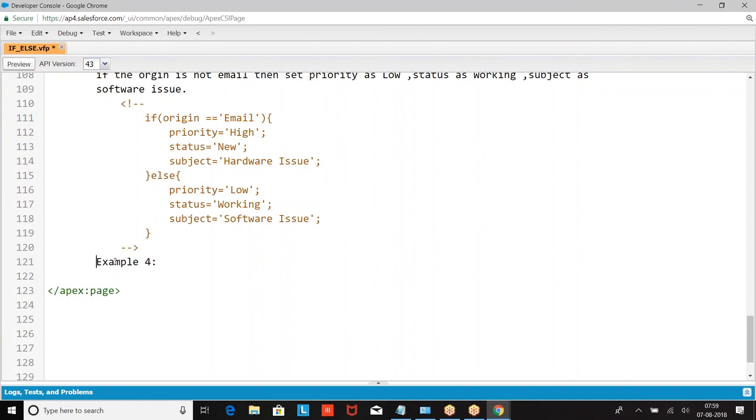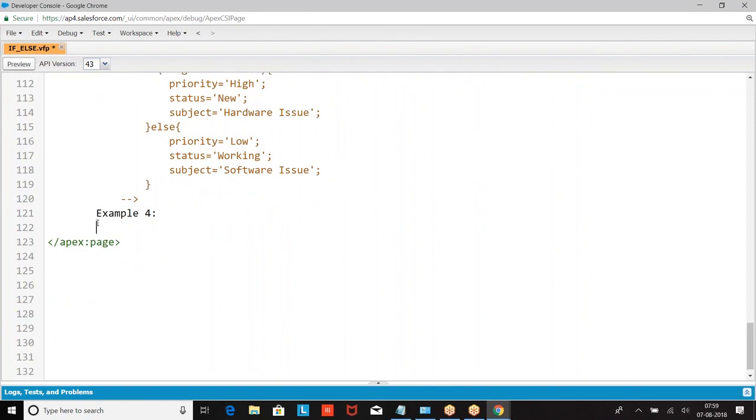Else, check whether it is Bangalore or not. Else, check whether it is Chennai or not. Now, with if else, if true, do this; if false, do this. Now what we are doing is: if true, do this; if false, check this. If, else if. Look at the condition here.